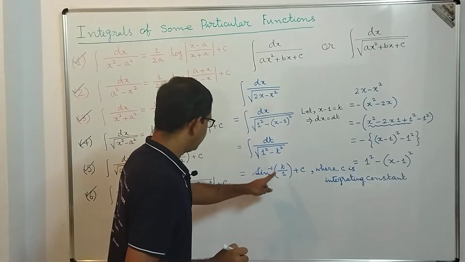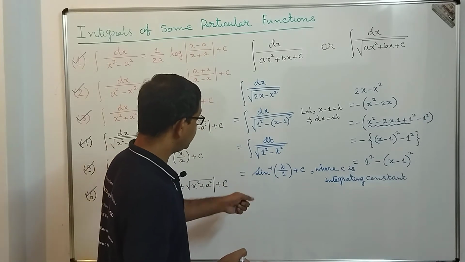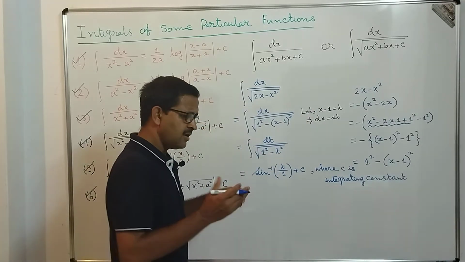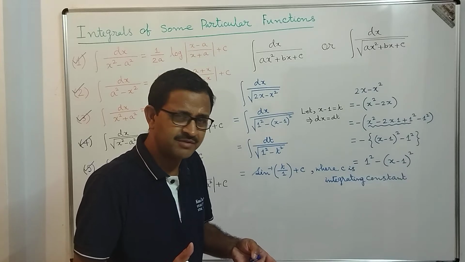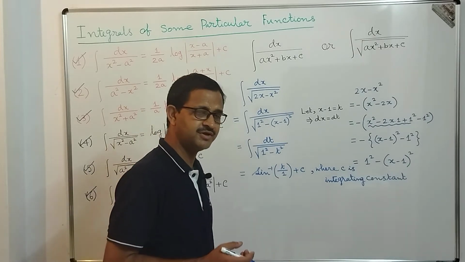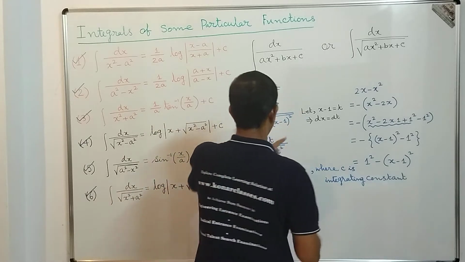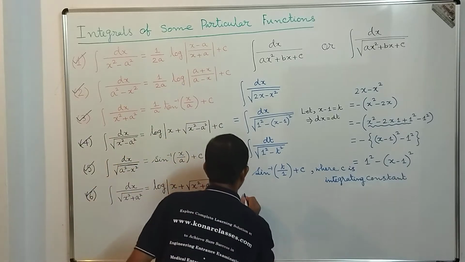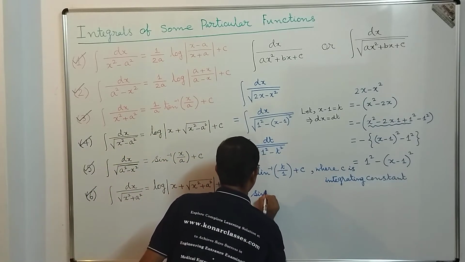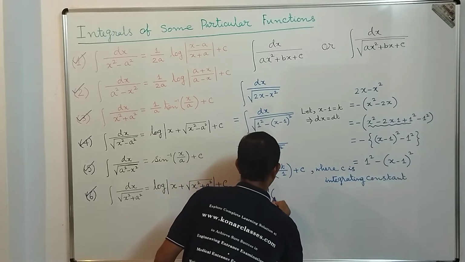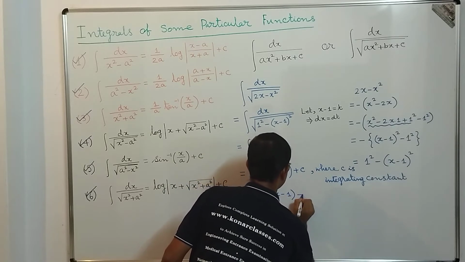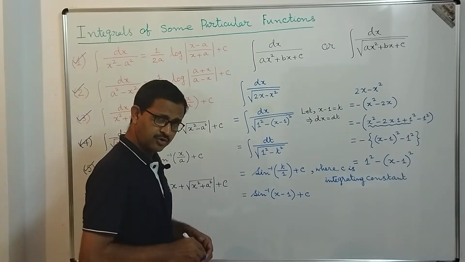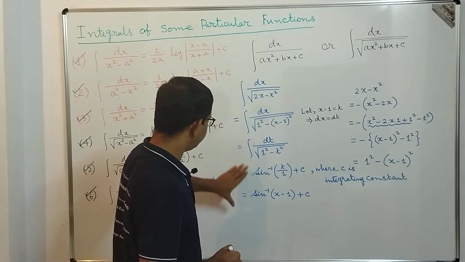Correct, dear students? So t by 1 means t. Now we need to substitute the value of t, that is equal to x minus 1, because t was our substitution, so we should not keep the result in terms of t. We need to get back the value in terms of x, in which the question was given. So we can write this is equal to sine inverse of x minus 1 plus c, and that is the value of this given integration. I hope you are able to get the point of how we have proceeded.